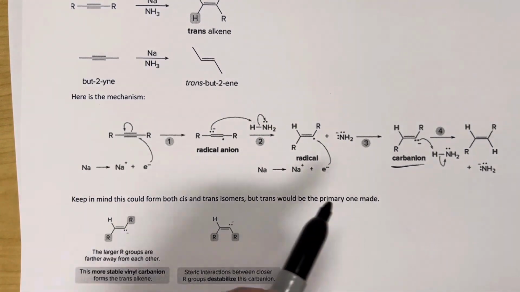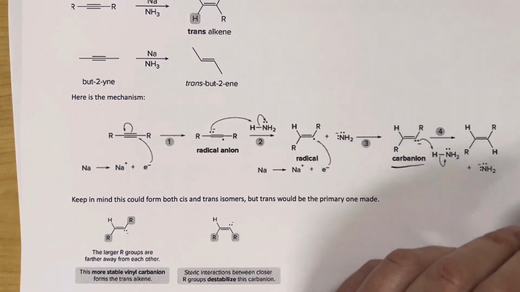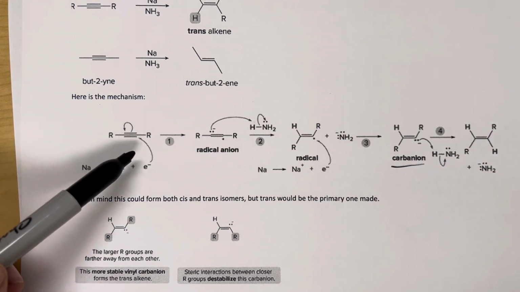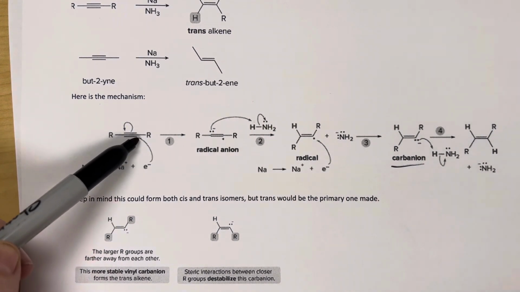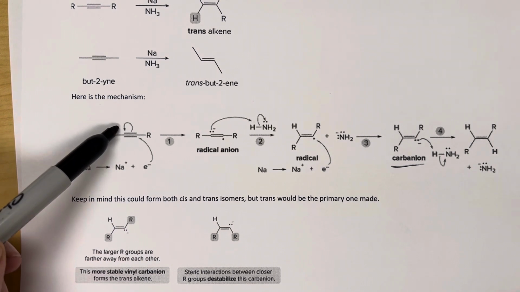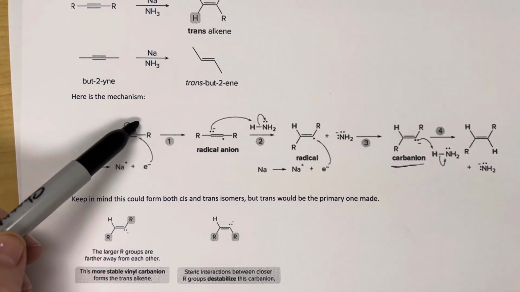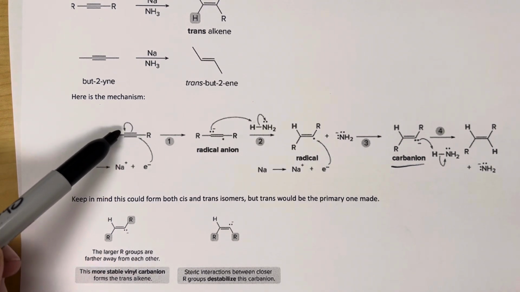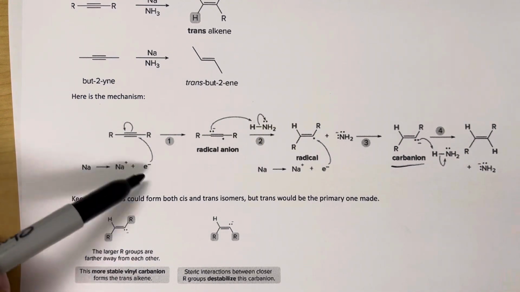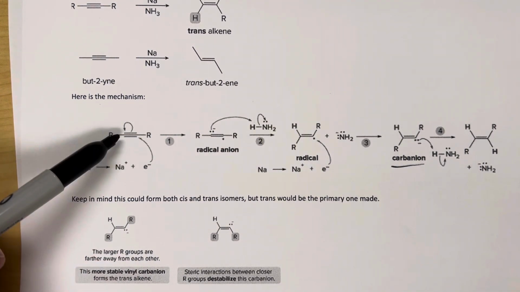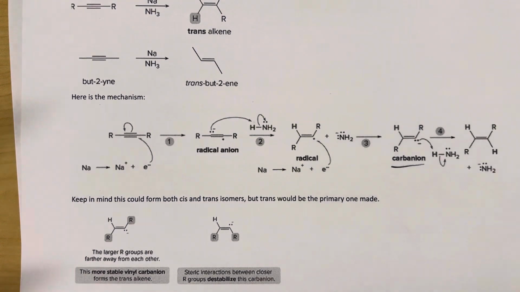Now, notice it's always going to form trans. The reason it will always form trans is because this electron attacked from one direction, forcing these electrons up here. It will never be like one electron trans hits here, causing that. It's always going to be attacking from one side, forcing the electrons up to the other side. So it will give you